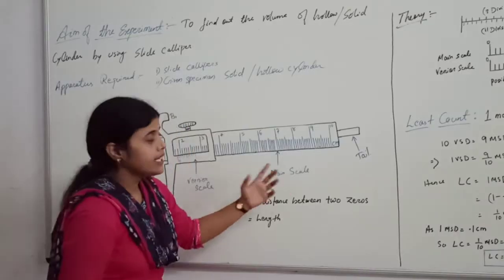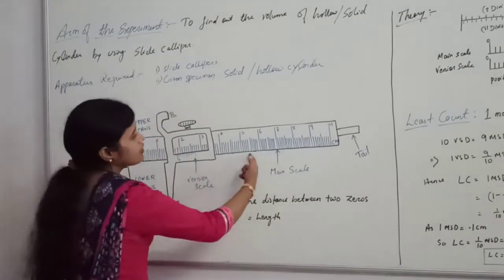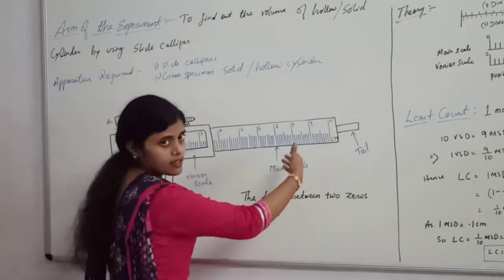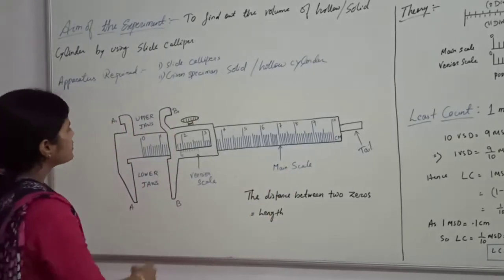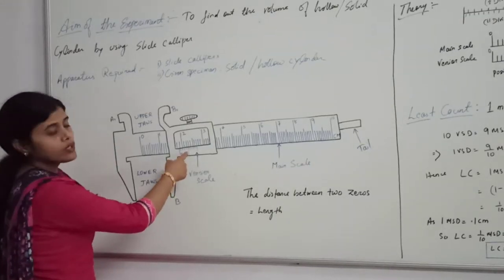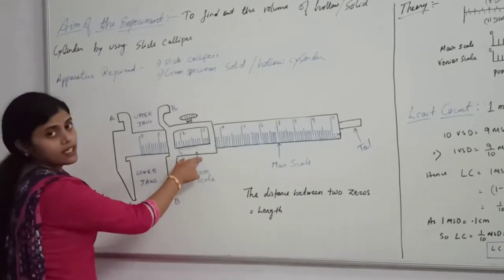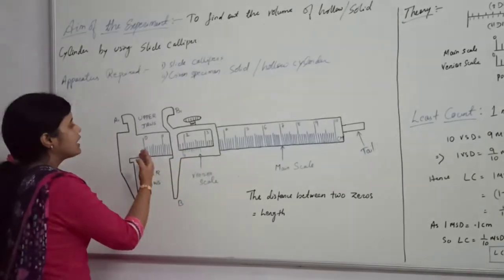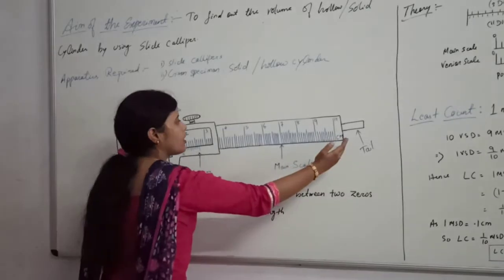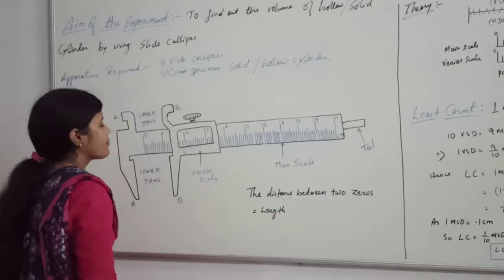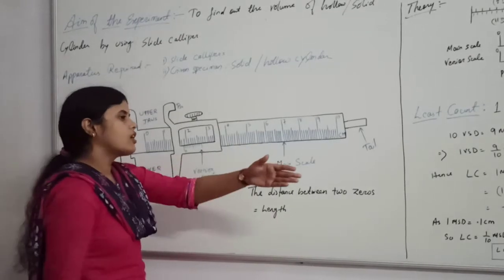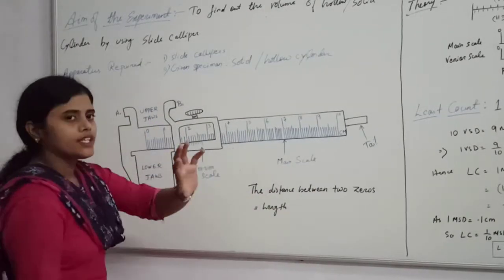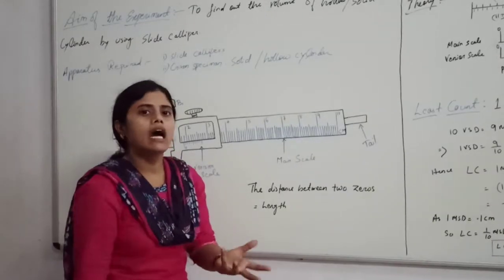Now you can see in the diagram I have drawn some divisions up to 10 centimeter. I have shown it in the diagram. You see some divisions are also shown in this small scale, that is the vernier scale I am saying here. Some divisions are also present in the main scale up to 10 centimeter. The main scale is very similar to the normal scale that we use in our day-to-day life. And now the question arises, why and how?